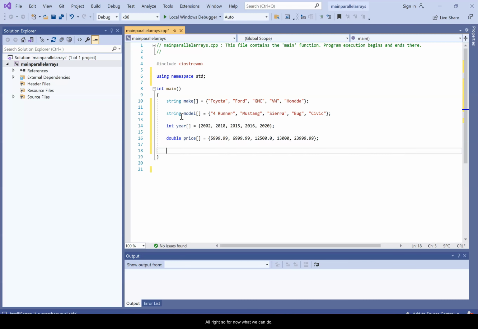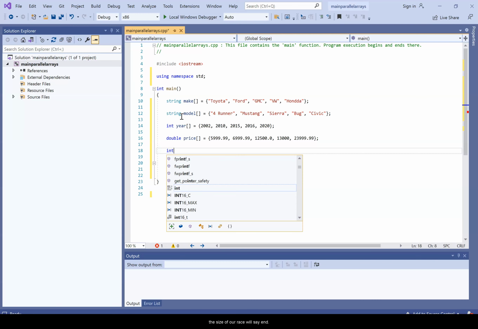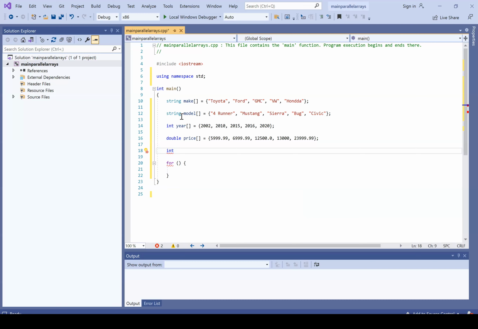All right, so for now what we can do is we can run through them all with one. Well, first of all, what we want to do is figure out the size of our array. So we'll say int, I don't know, do I want to just call it our size? I could say it,